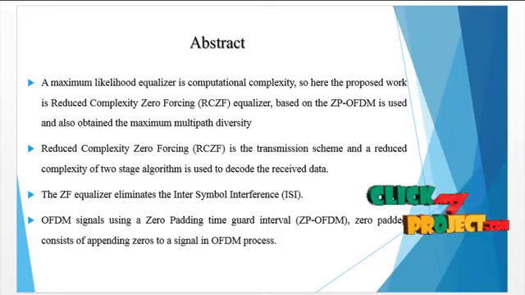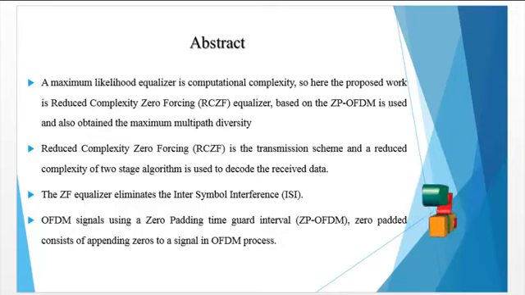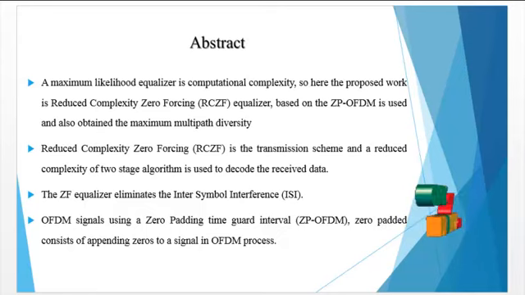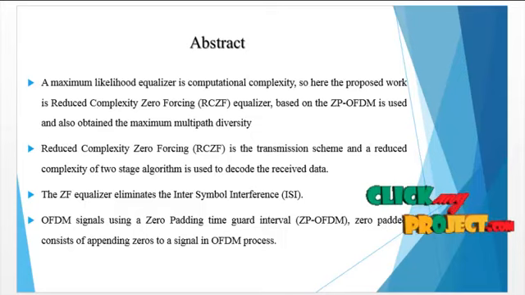A maximum likelihood equalizer has high computational complexity. So here the proposed work is to reduce the complexity: a zero forcing equalizer based on ZP-OFDM is used, and it also obtains the maximum multipath diversity. Reduced complexity zero forcing is the transmission scheme, and a reduced complexity two-stage algorithm is proposed to decode